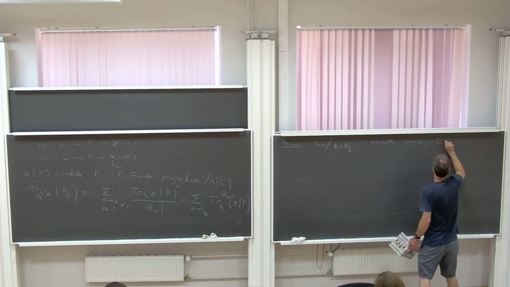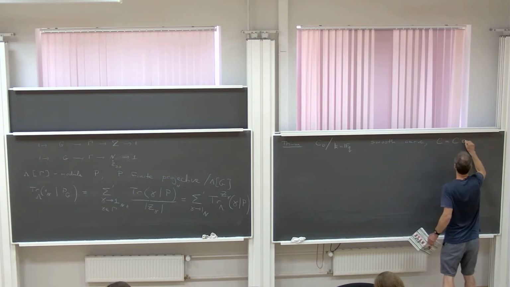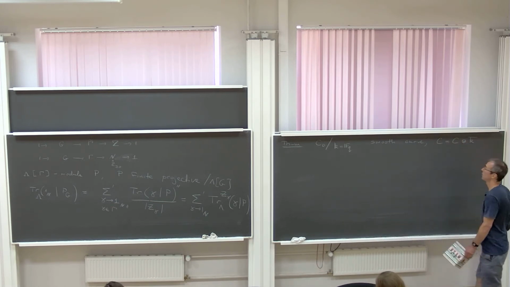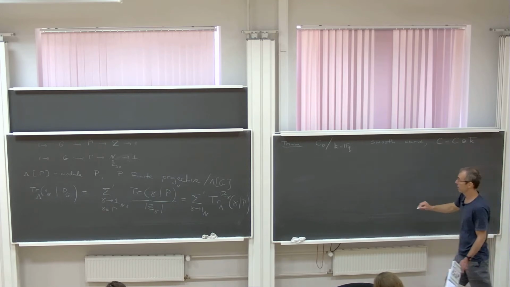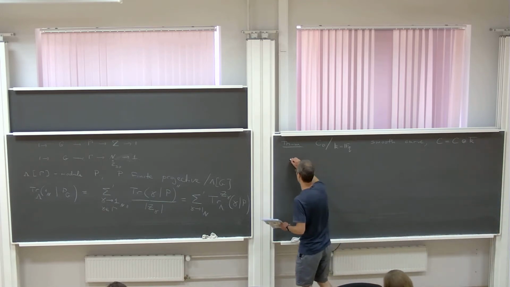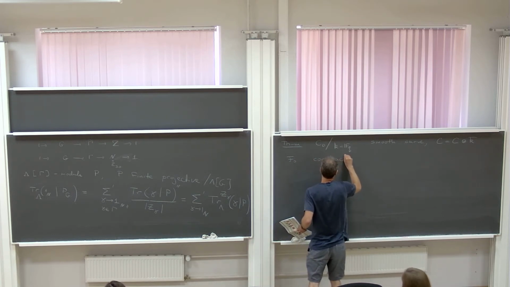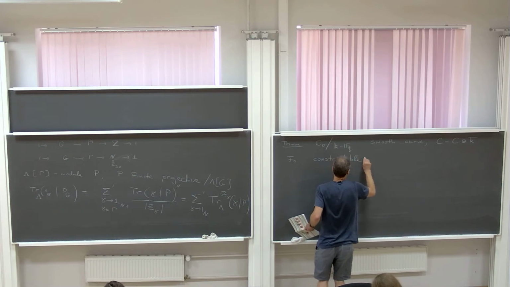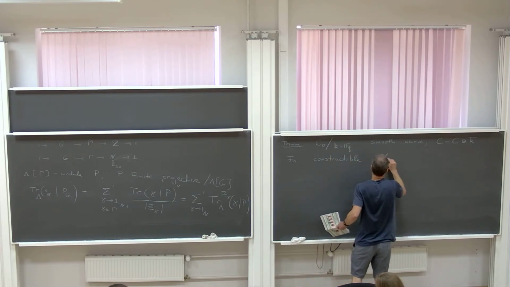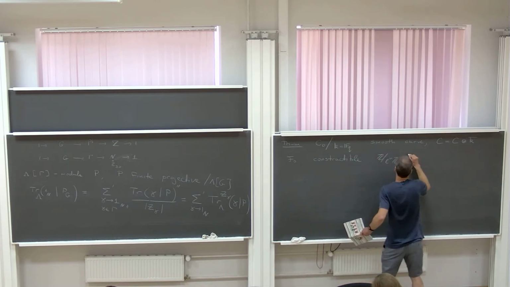And C is its base change to the algebraic closure. And we have F0, which is a constructible Z mod L to the N Z flat